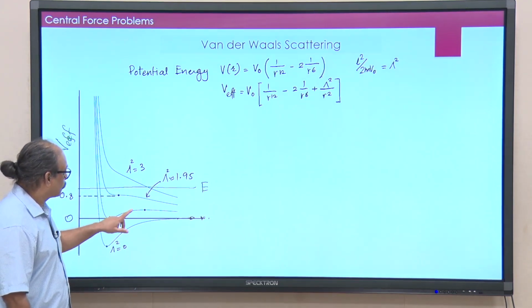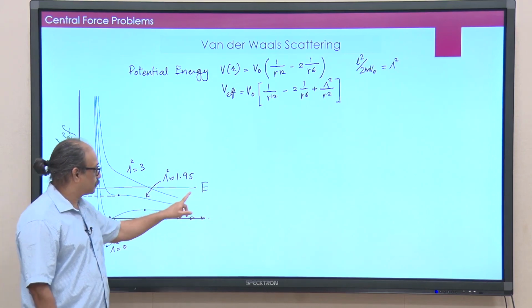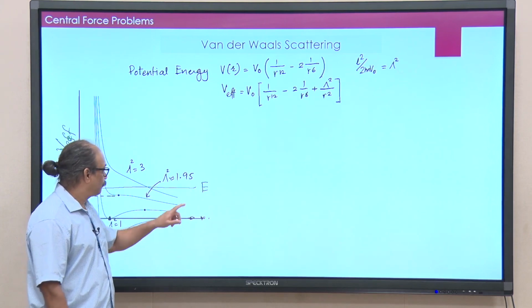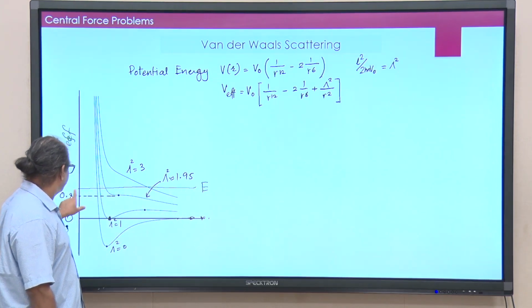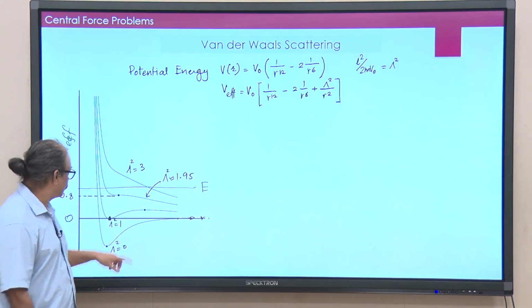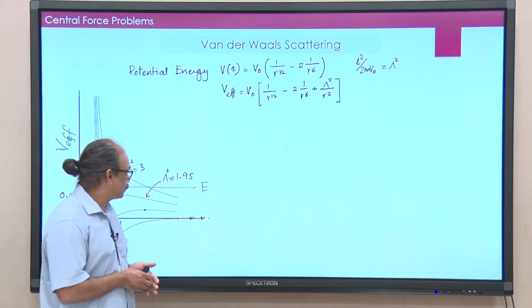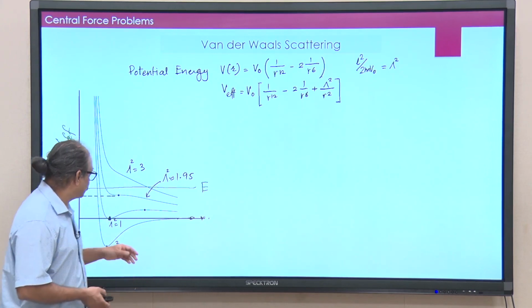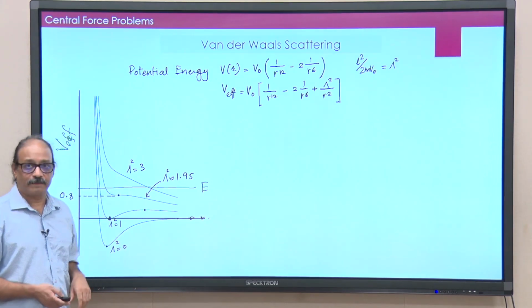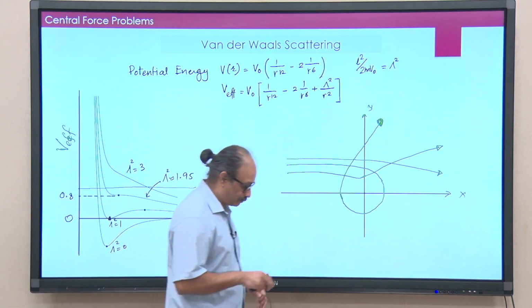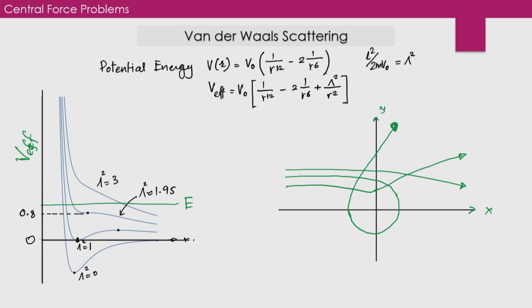What I will do is I will look at the trajectories of these particles for this given energy E, which is slightly larger than 0.8, larger than this one here, and look at what kind of trajectories you are likely to get if I change the value of S. So, here are some of the possible examples.